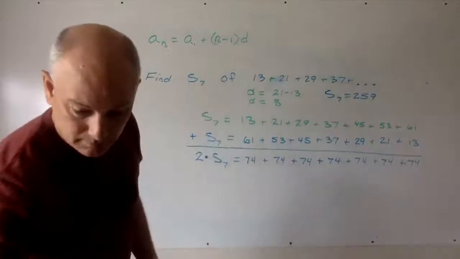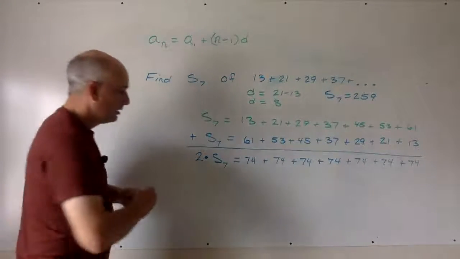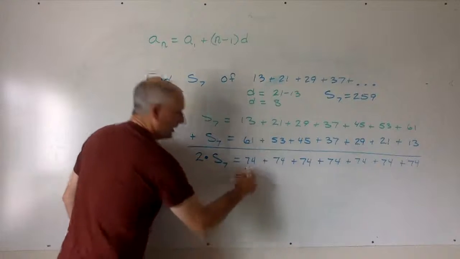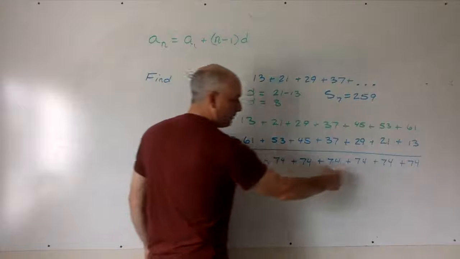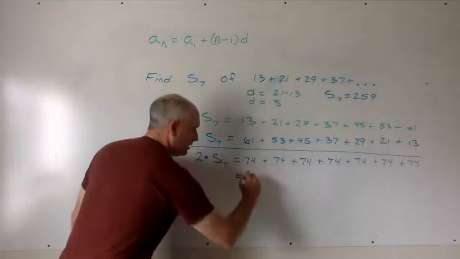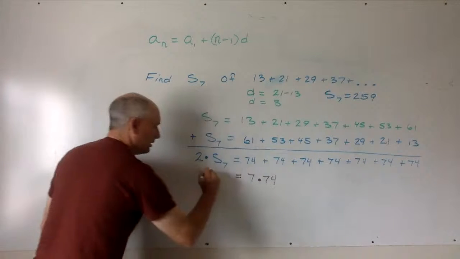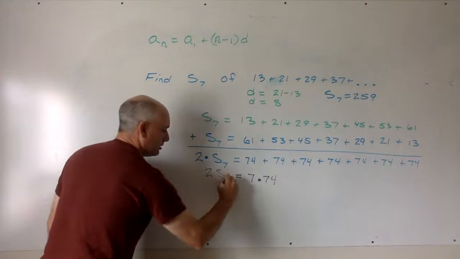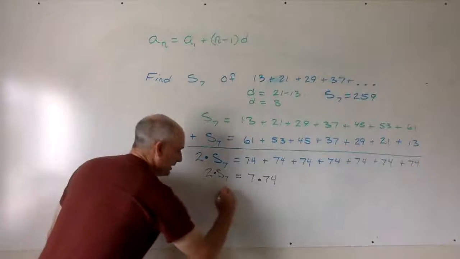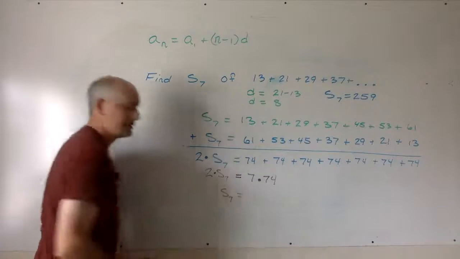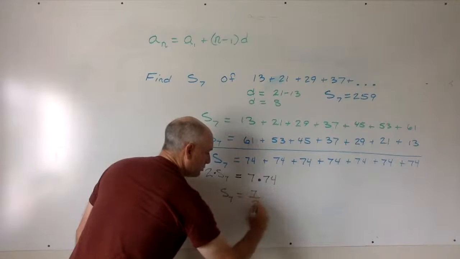So take a look at it from a bigger perspective. How many 74s do we have written out? 1, 2, 3, 4, 5, 6, and 7. So that's like 7 times 74 is 2 times S sub 7. Well, that would mean that S sub 7, if I needed to get the sum, would be 7 divided by 2